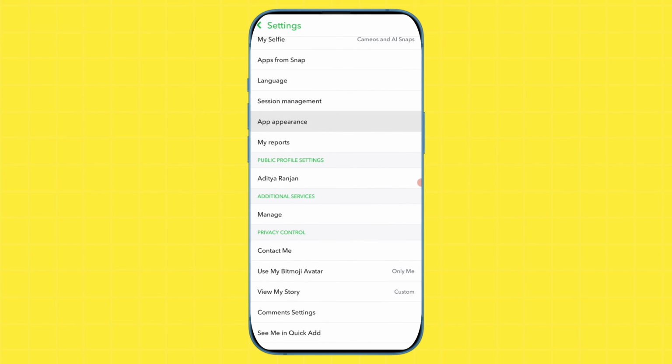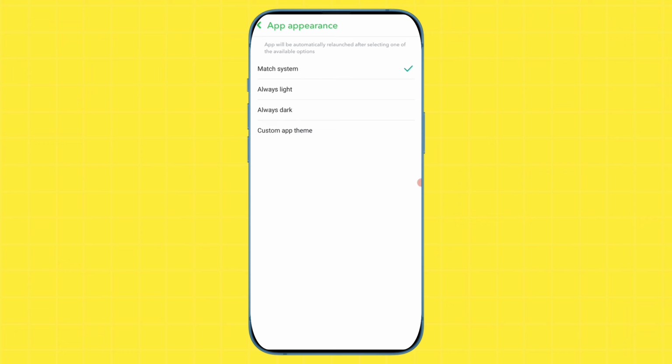Simply tap on the app appearance option, and friends, here you will get to see an option of always dark or custom app theme. So friends, if you are using dark theme on your smartphone, you can choose custom app theme. And if you just want to